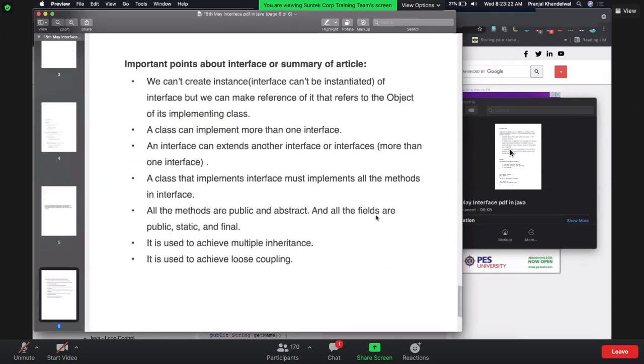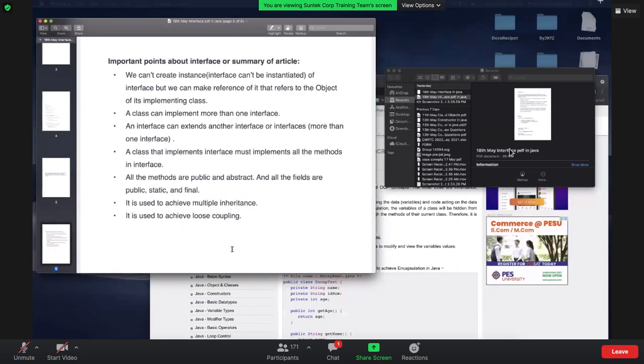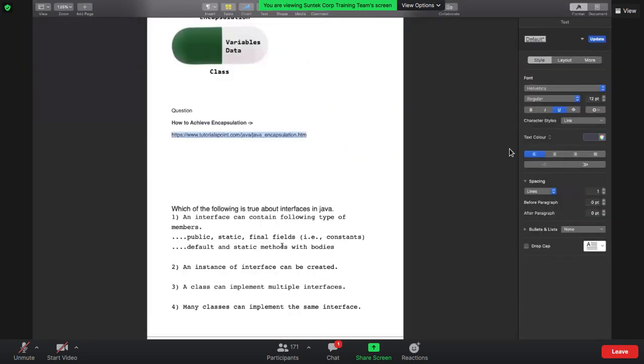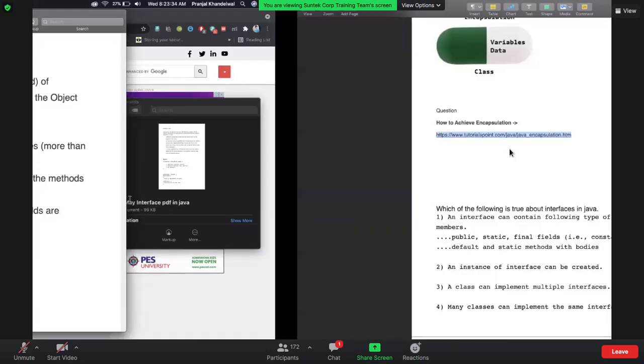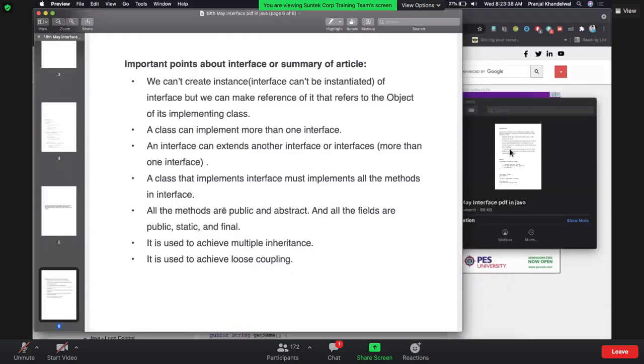Correct. So let's have a look at the MCQ as well. Let's talk about the first option. An interface can contain the following type of members. Public static final fields, which is basically for the constant. What is written over here? All the methods are public and abstract. All of the fields are public static final.